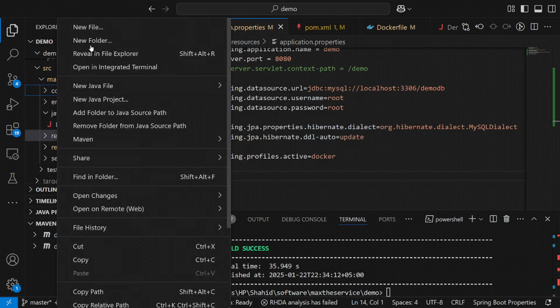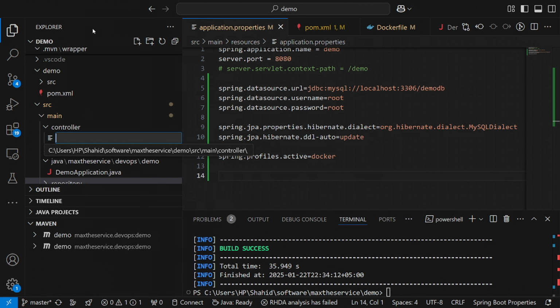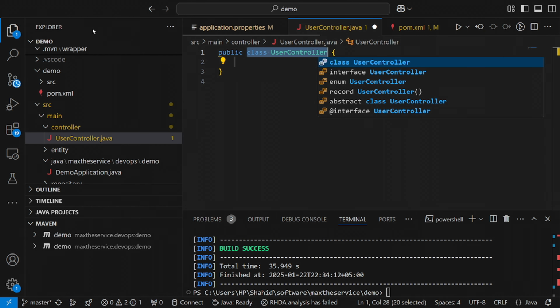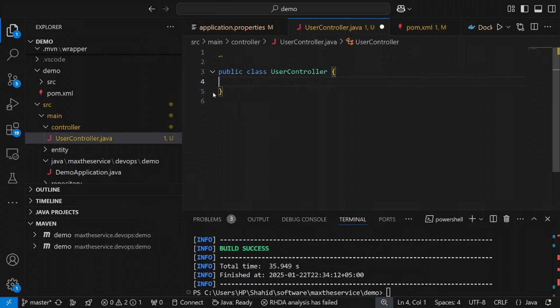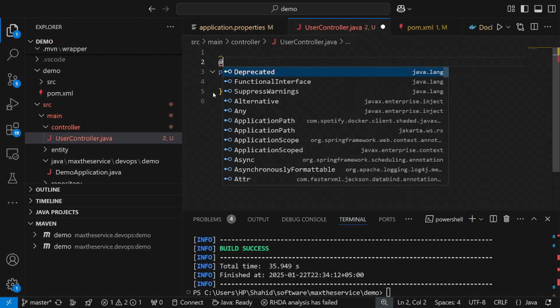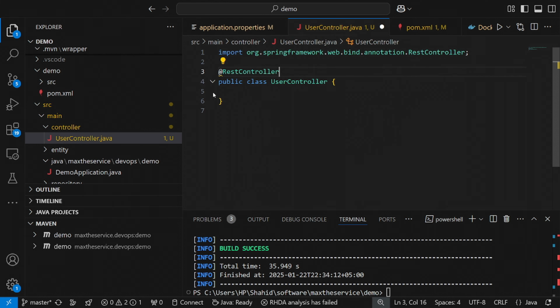I will create a file like UserController. Let's suppose we are going to use controller dot java. Okay, here we need some configuration, because right now it's a simple class, and to make it a controller I must have some configuration like @RestController. Okay,